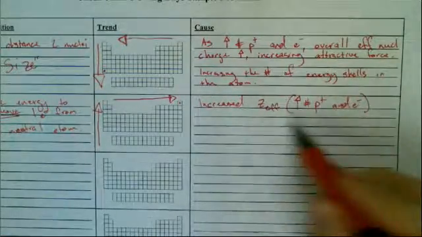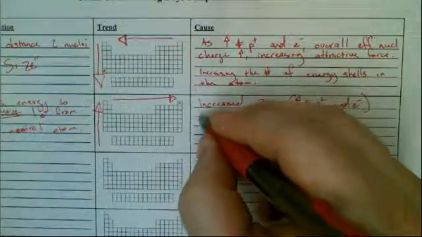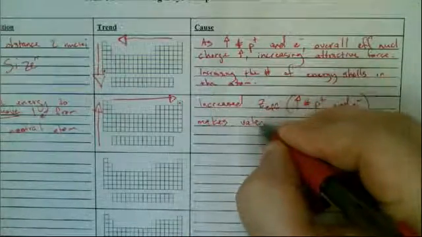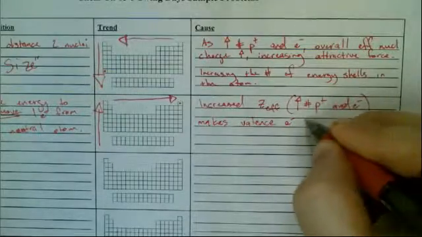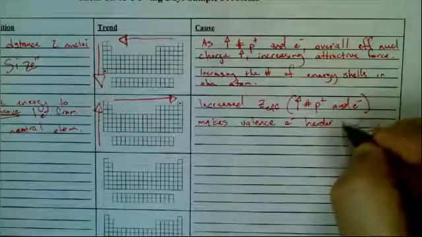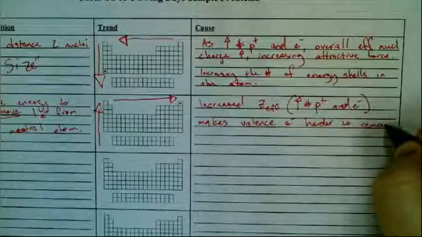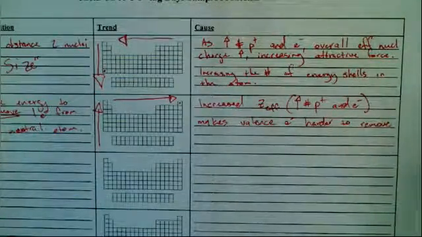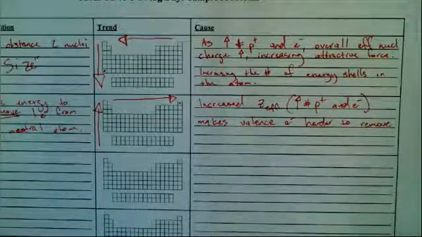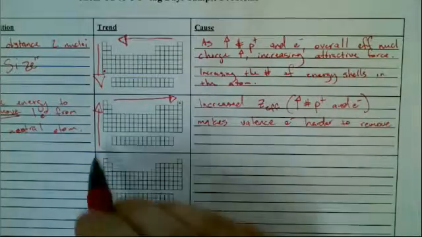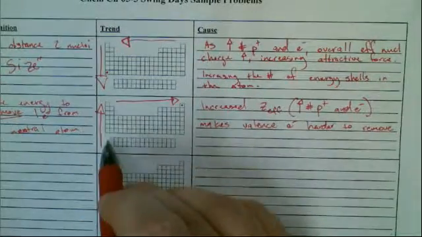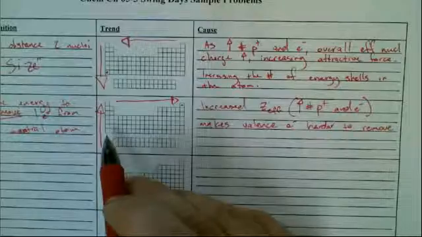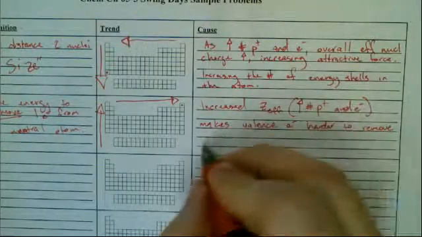So increased effective nuclear charge makes valence electrons harder to remove. And I hope you guys realize that being harder to remove is the same thing as saying it takes more energy. That's what I'm hoping you guys got so far. And then as you go up a group, ionization energy is also going to increase because we are